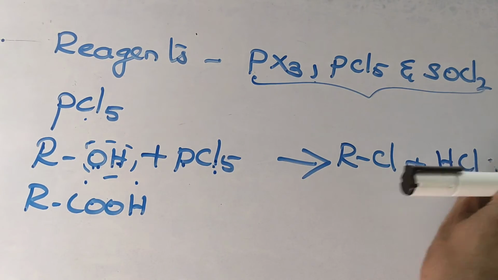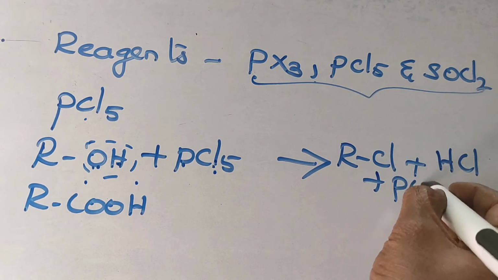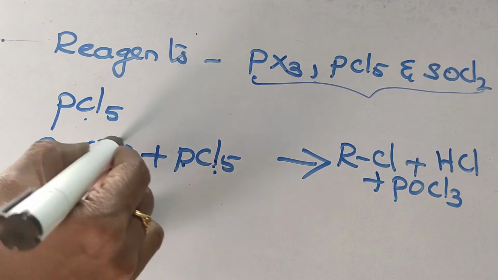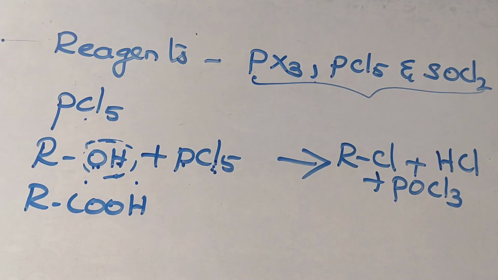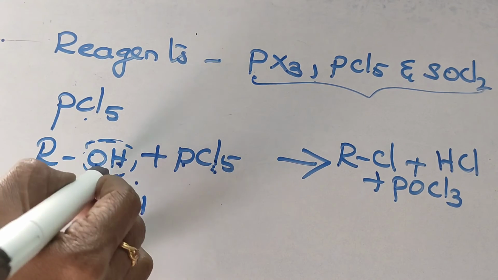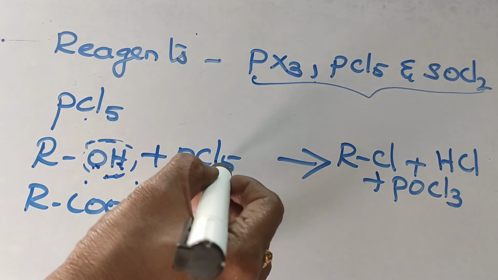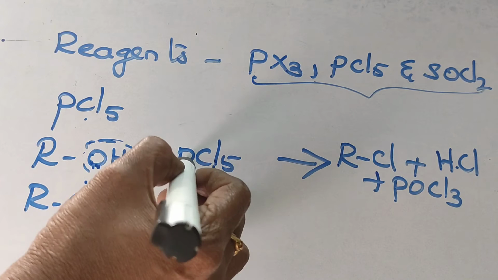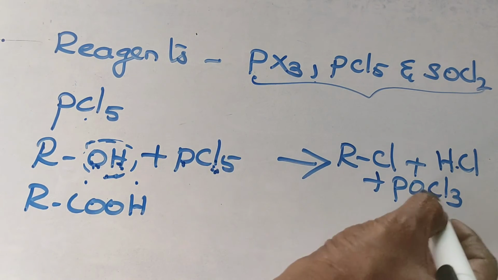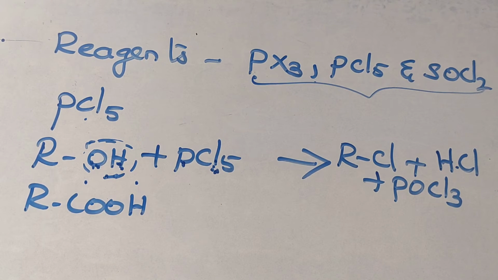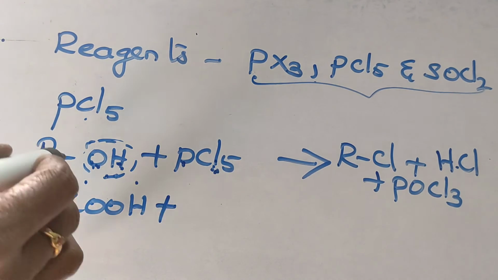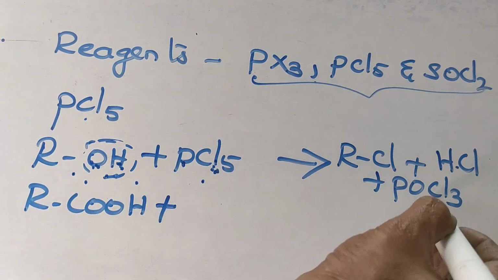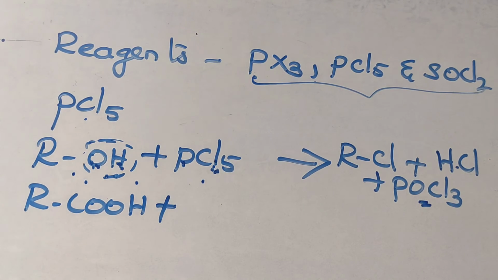I will write here POCl3. OH is replaced by Cl. Then this O and H you separate. One hydrogen with another Cl gives HCl, then this O, this P, and the remaining 3 Cl, so POCl3. You do not need to see the mechanism here. So ROH with PCl5 will produce POCl3. Next,